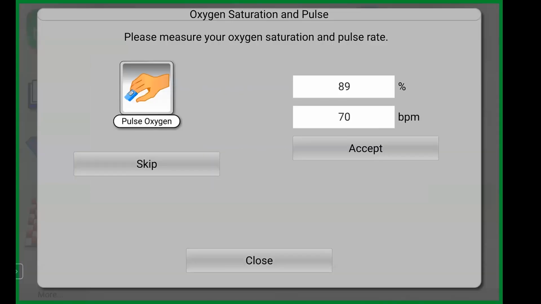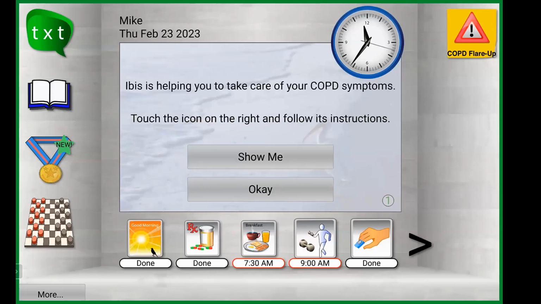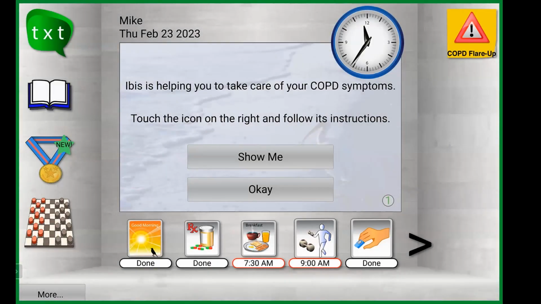That's exactly the vital that I have at this moment in time. And instantaneously, you can see a little icon pop up on the top right. Immediate course of action happened with the Ibis care team, in which a nurse received that notification that said, whoa, Mike has entered a lower oxygen than normal. Let's go ahead and give him a call and check in, ask him some questions,